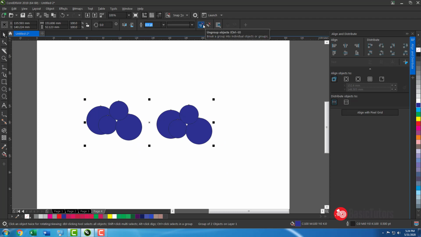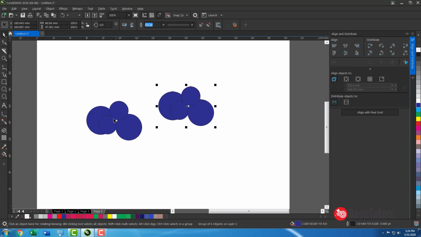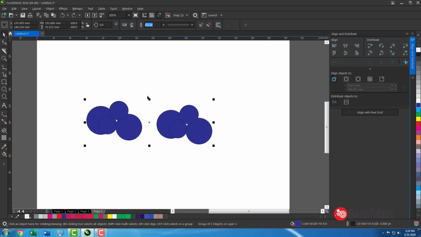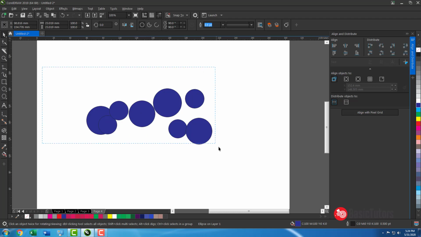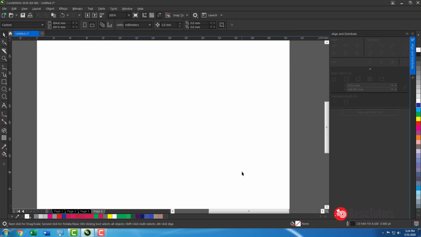If you want to ungroup, this group will get ungrouped, but other things will remain grouped. If you want to ungroup all those objects, you need to select this command. All objects will get ungrouped. This is for grouping and ungrouping objects.